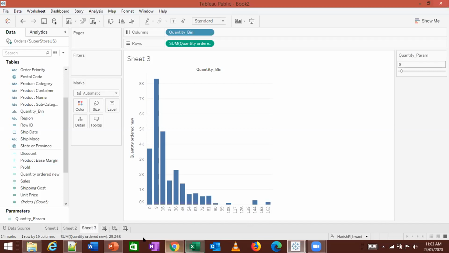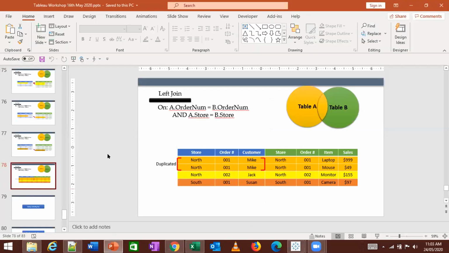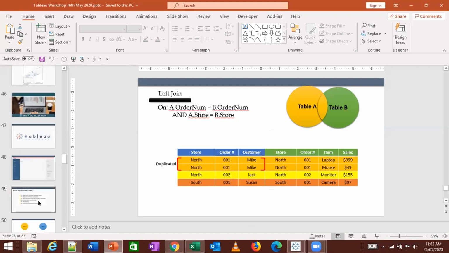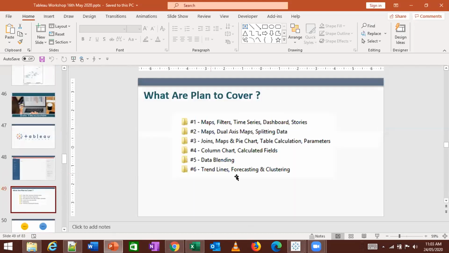Okay, let's go back to the presentation. We saw joins, maps, pie chart, table calculation, parameter. Let's look at forecasting.